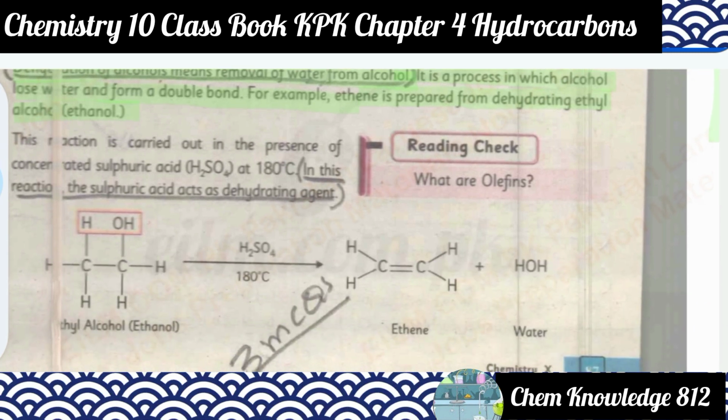So you can say this is the ethanol. We will remove the water molecule from this one, so one OH group and one hydrogen atom, and this will combine to form water. So when this is removed,